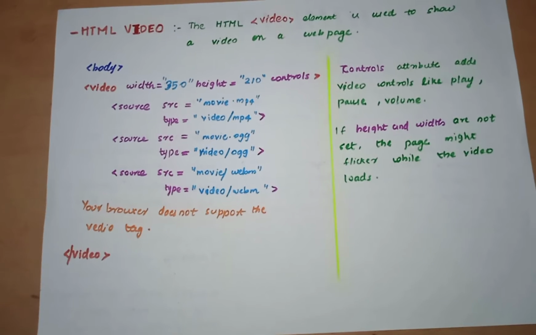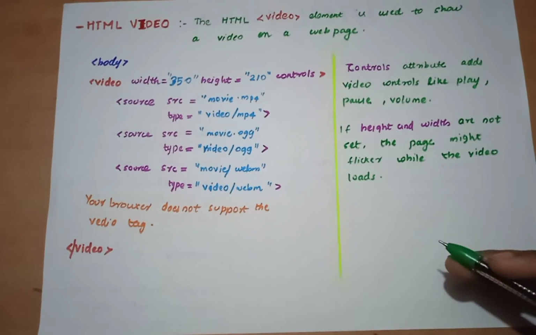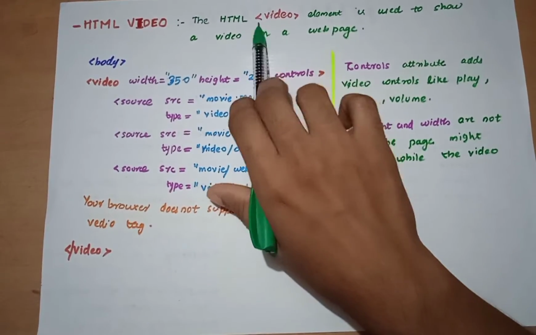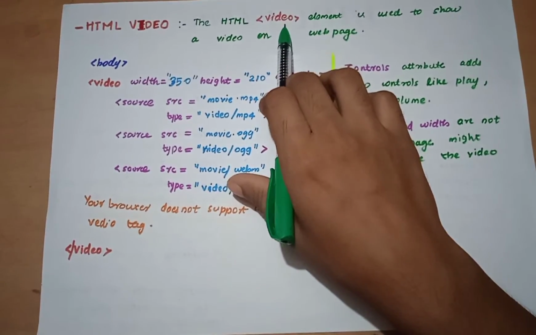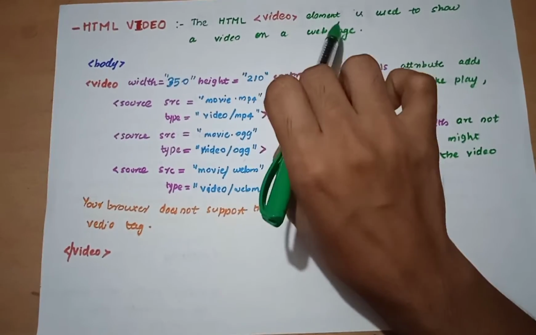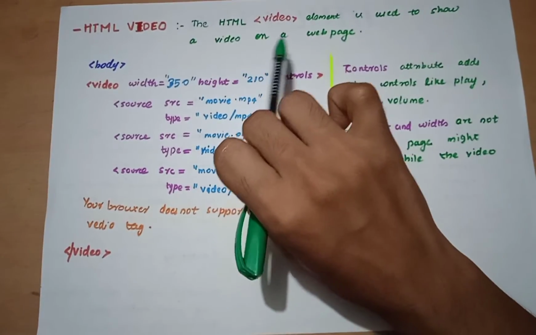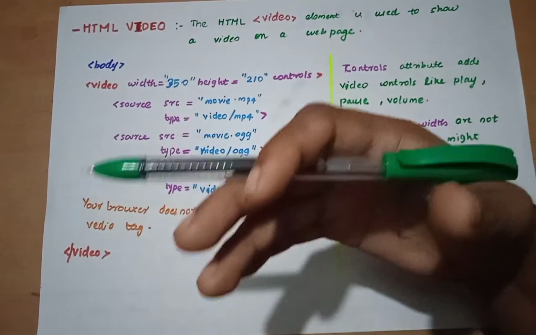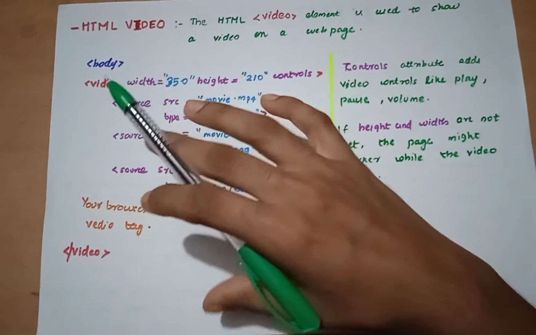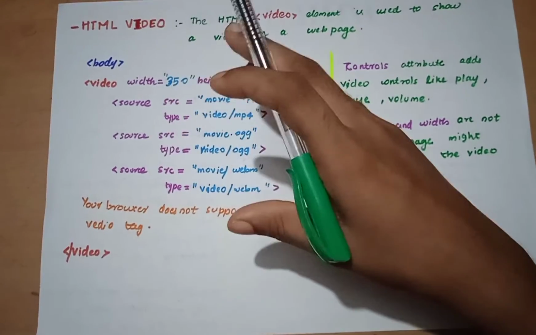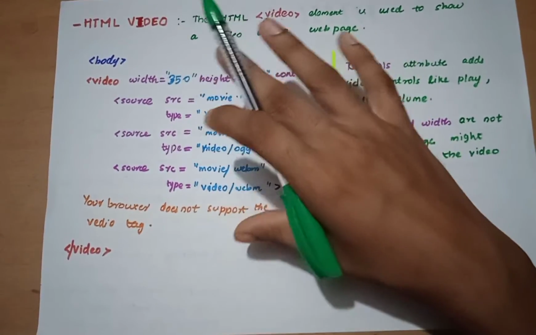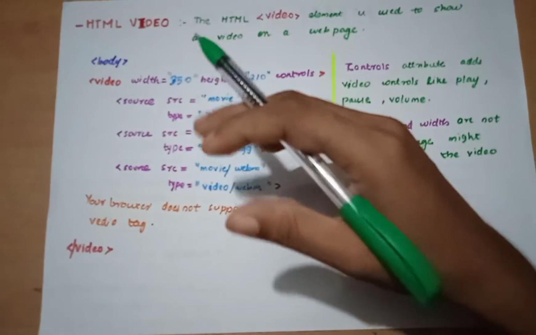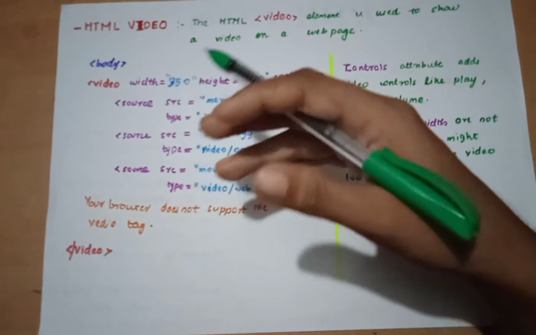Likewise, it's very simple to add some video into our page too. That is normally enabled using the video element in HTML. The HTML video element is used to show a video on a web page. If we are going to display a page about tourism, we can add a video clip about that spot. That will be much more attractive for the visitors or the users when they see these things.